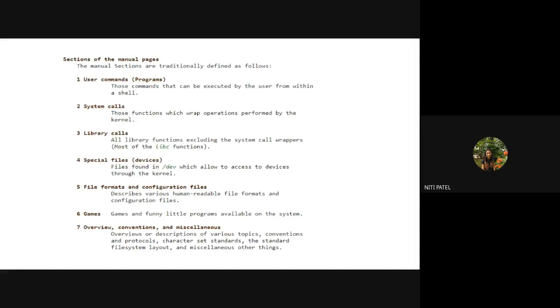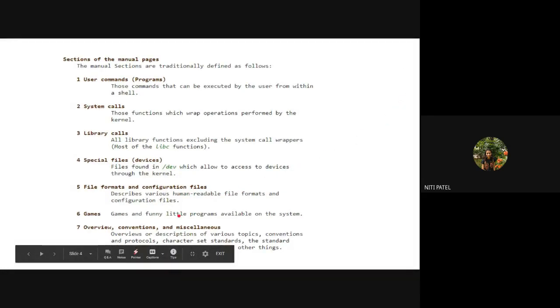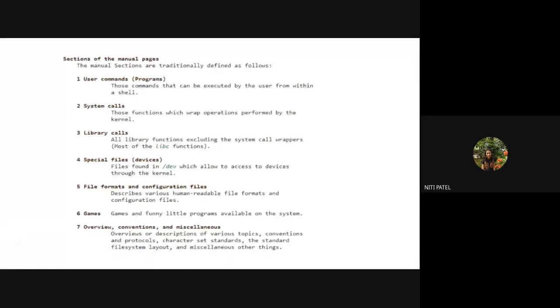Now next is the games. In the Windows operating system, we have many different kinds of games that we install and keep on playing. Similarly in Linux also, we can install those programs and those games, and then we can play the games in Linux also. So if I want to find the information about that game, I can always know that information by just giving the name of the game and adding man to it. Suppose there is a game called cards, I just have to type man cards. When I press enter, what I get to see is all the information related to that particular game.